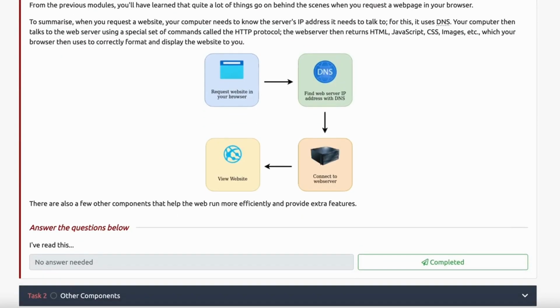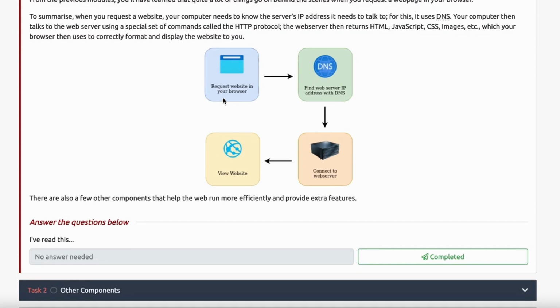So let's actually piece it all together and see how it all works in a nice synchronous fashion to be able to bring you this video. As you can see in this graphic, you make a request in your browser that hits a DNS server. That DNS server will basically point to the web server that you want to connect to, and then the web server will respond and give you the content that you are requesting.